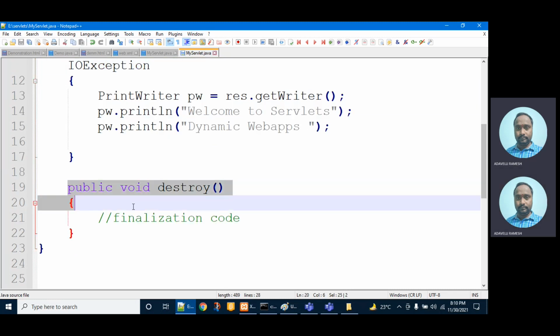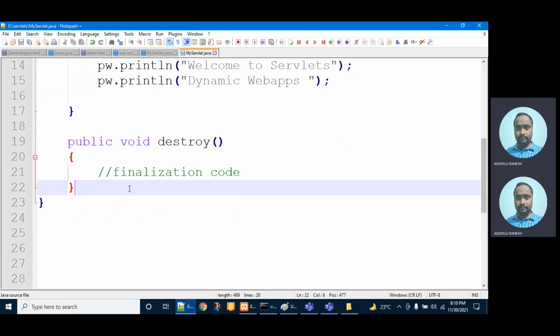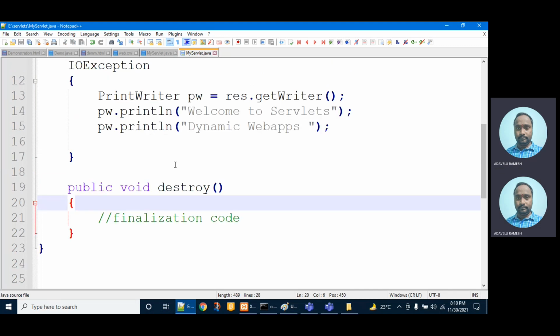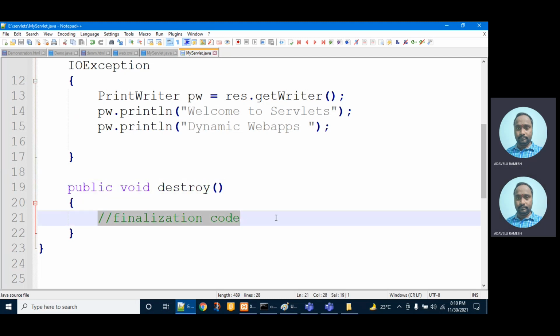The third method is the destroy method. If this servlet is no longer required, it will be deleted by the web container by calling destroy. Before this servlet is deleted from the web server address space, the destroy method is called for finalization code.